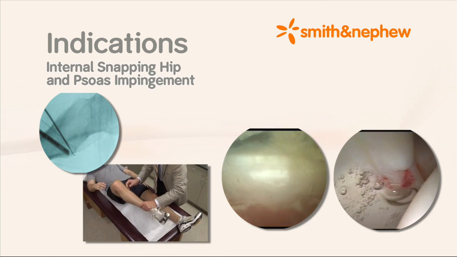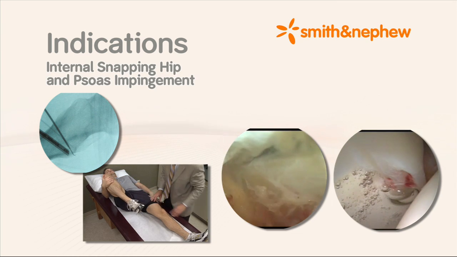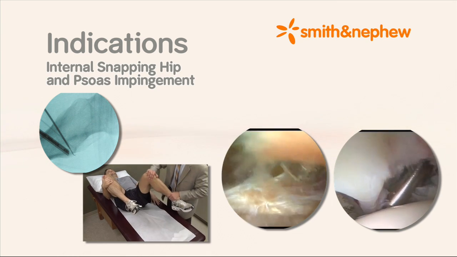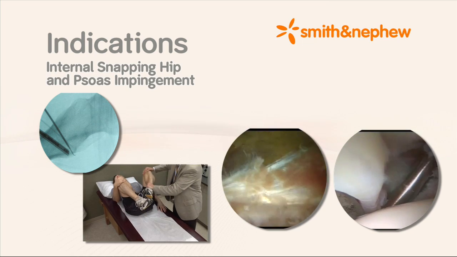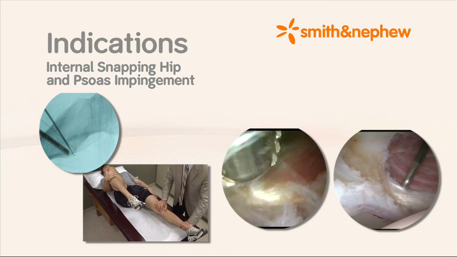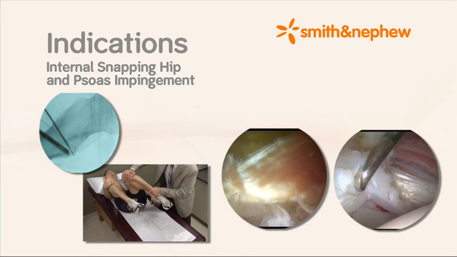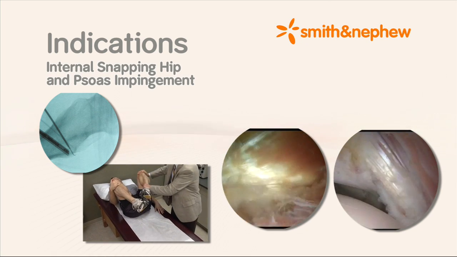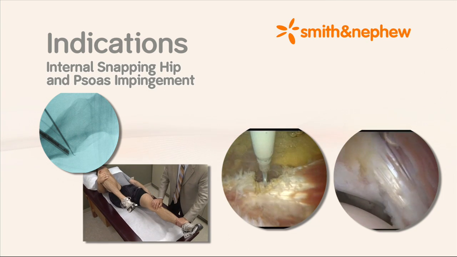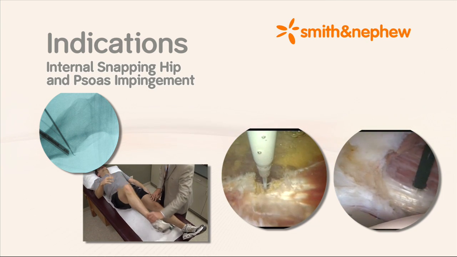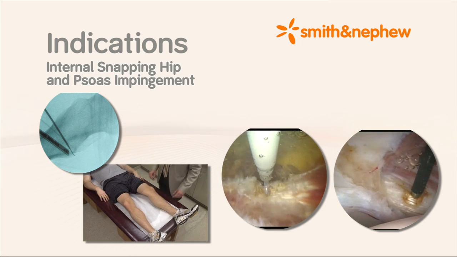Internal or psoas snapping hip and psoas impingement can be managed arthroscopically when conservative measures fail. Psoas impingement is a more subtle finding indicated by relief with a psoas bursal injection preoperatively and bruising, tearing, and adhesions between the psoas tendon and capsule at the level of the psoas U or 3 o'clock position for the